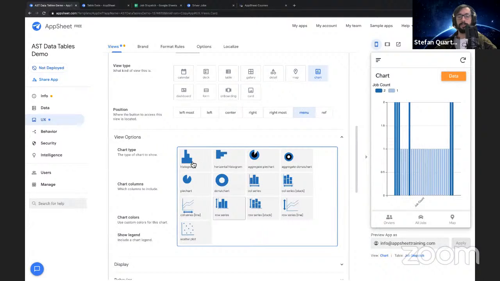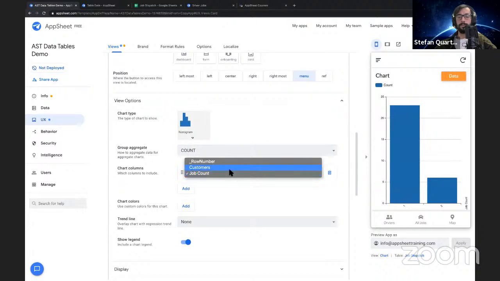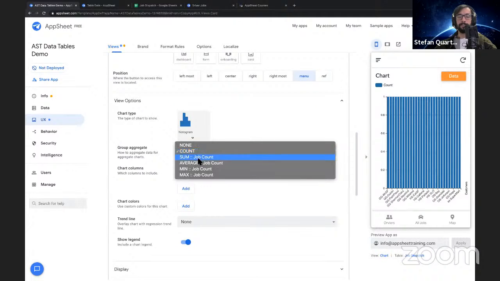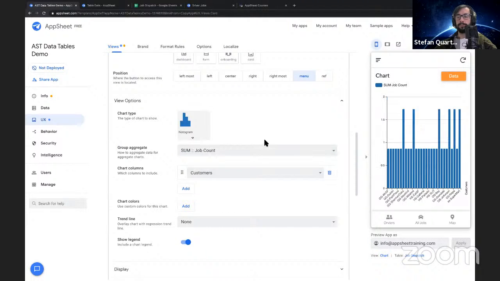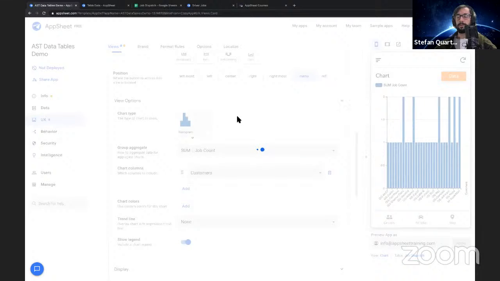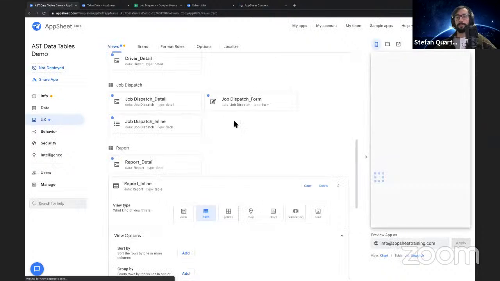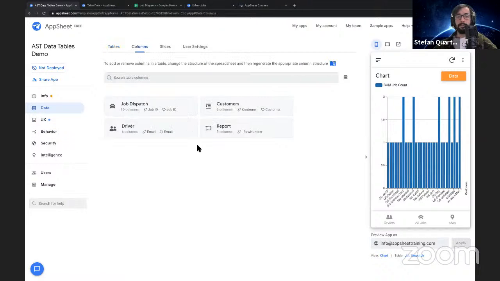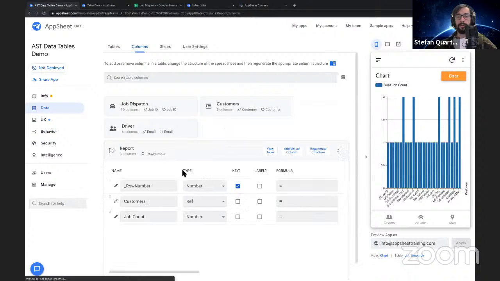Maybe not, maybe histogram. There we go, customers. And I want to do the sum of the job count per my customers. So you can visualize the data, but you'll notice one of the nuances is when